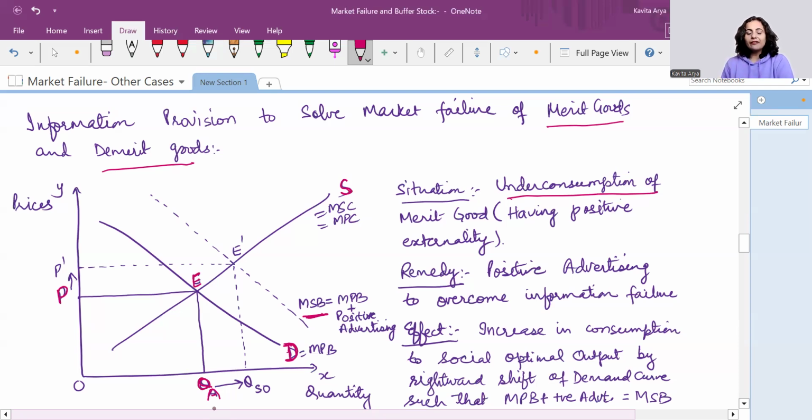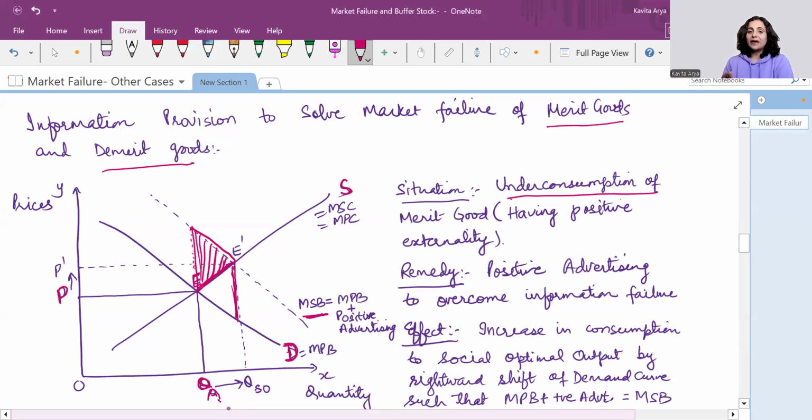So what is the solution? Till this point, we had been talking about the gap. The gap is this vertical gap, right? And it says that allocated output is this, and socially required output is this. So there is a loss, and how do we find the loss? One thing to be remembered is that the loss always points towards the social output level, and this is the gap between the actual situation and what should be the situation, right? So this is the gap. So how to bridge this gap?